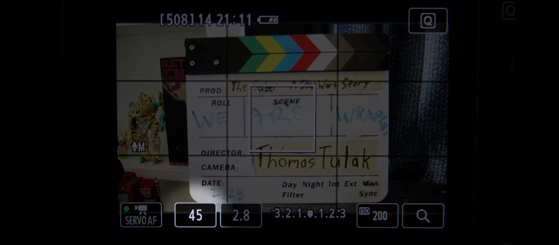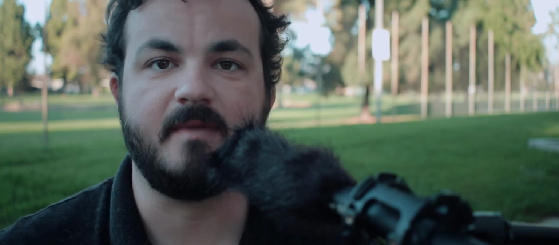Now let's move from the lens into the camera and talk shutter speed. The shutter speed is usually displayed as a 2 or 3 digit number, usually located near the light meter. And if you don't see the light meter, just press the take a picture button halfway and the light meter should show up. Now, as I said before, the shutter speed and the frame rate are two different things, but